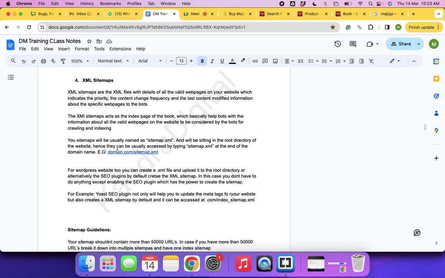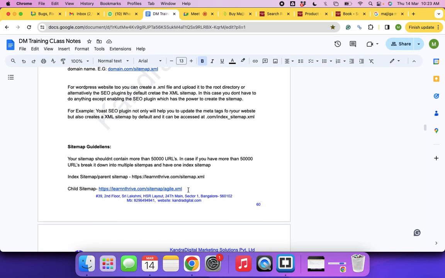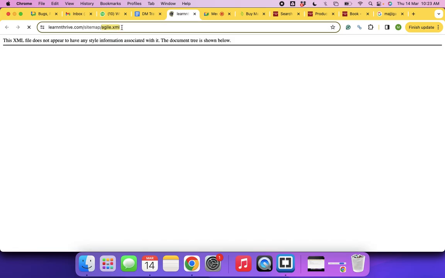One such implementation is now XML sitemap. This is also an effort to help search engines to understand about your website or easily make them access your website or read your website, right? XML sitemaps are the XML files which basically contain all the details pertaining to your website's web pages. If your website has 1,000 pages, you're going to mention all of those pages on this file, and you will always be saving it as .xml.